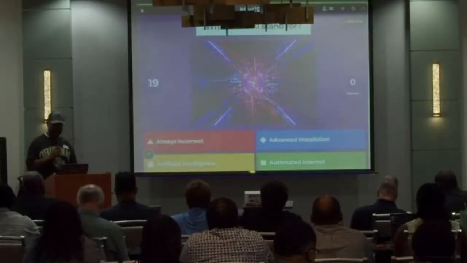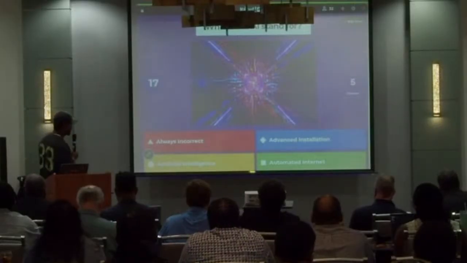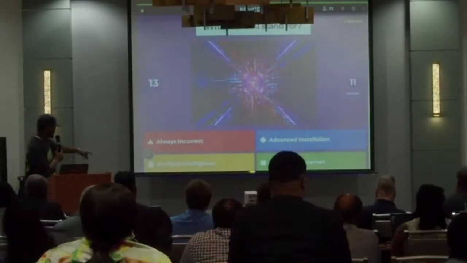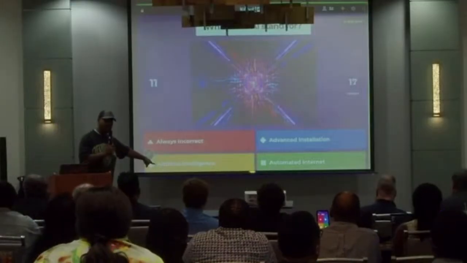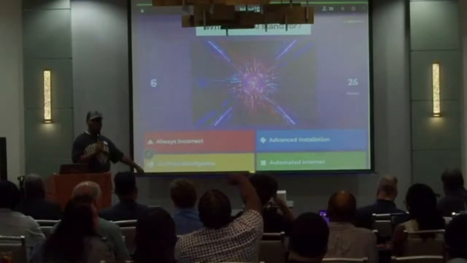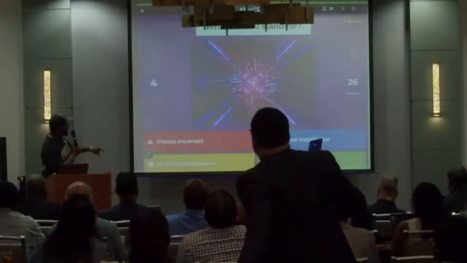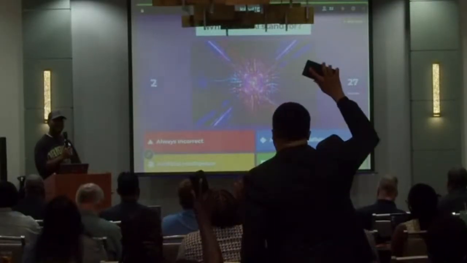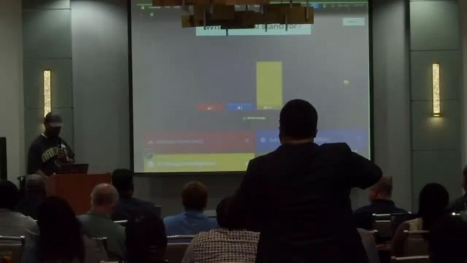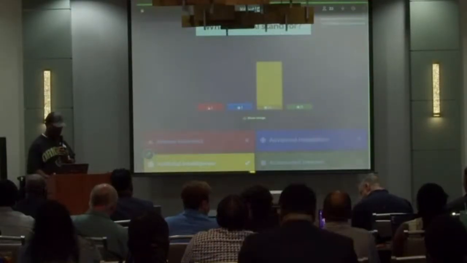What does AI stand for? AI, what does it stand for? You press the color that is in your... You press the color. They can see from the back. It's full screen actually.